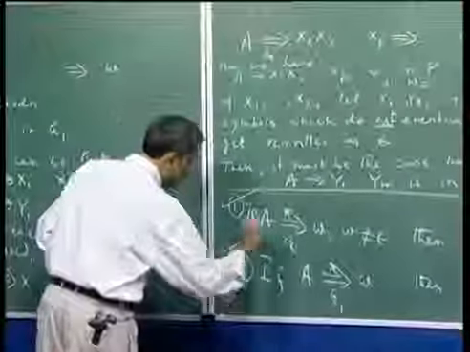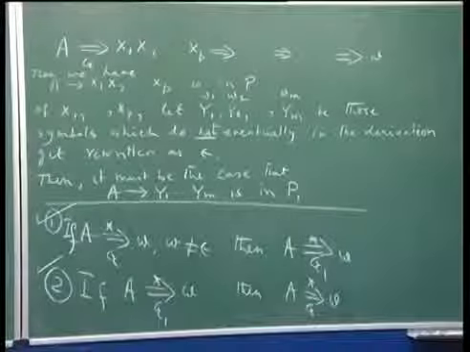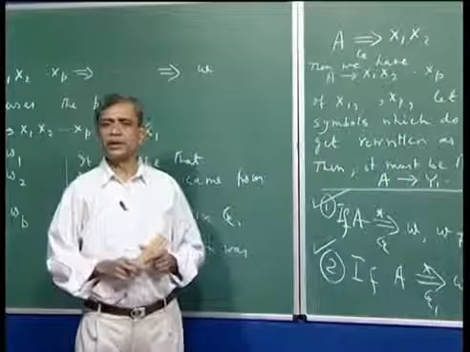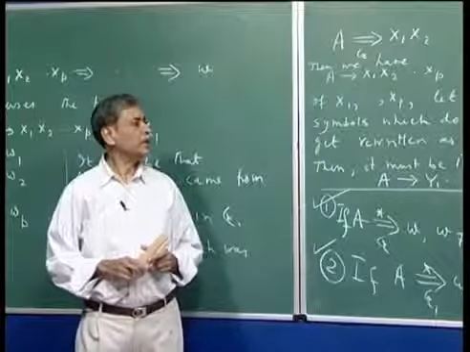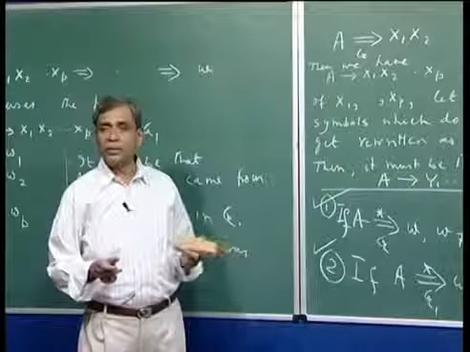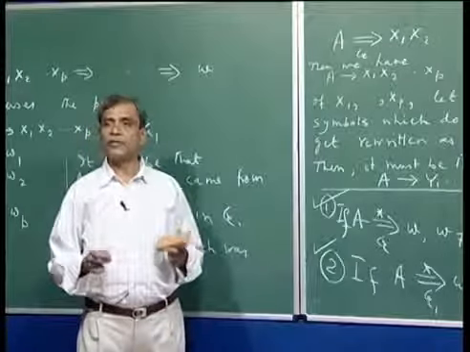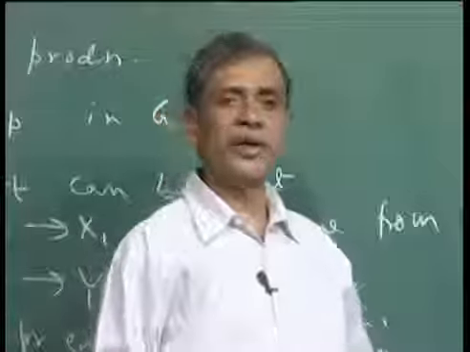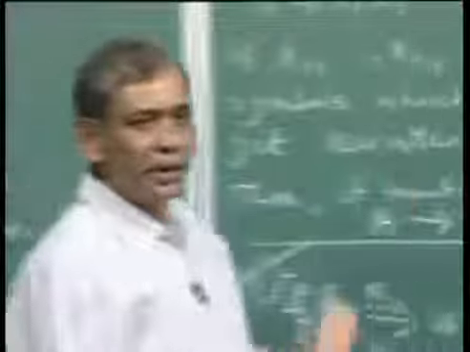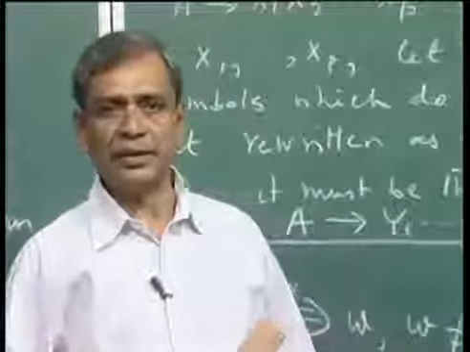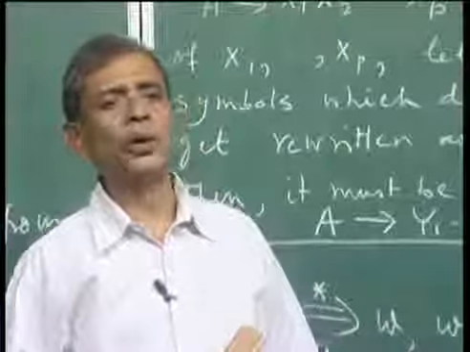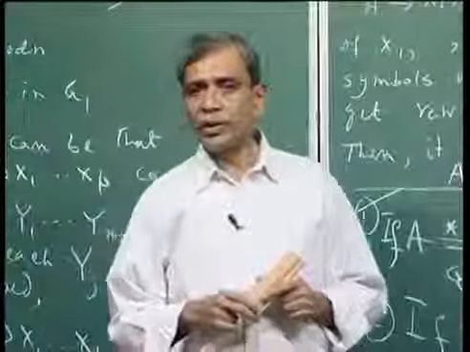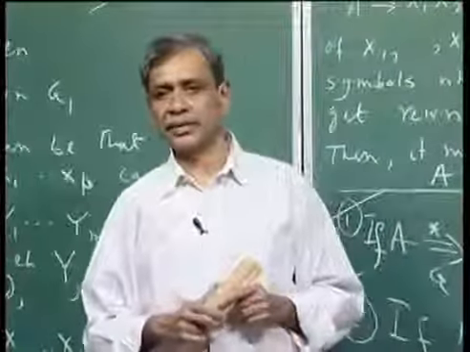Therefore, now we have completed the second step also, and put together what we have shown is that our process of getting a grammar from an old grammar, such that the new grammar does not have any epsilon productions, at the same time generates all non-epsilon strings which are derivable from the old grammar, is correct. We still have one more kind of simplification to do, that is called removal of unit productions, which we will do in the next lecture.